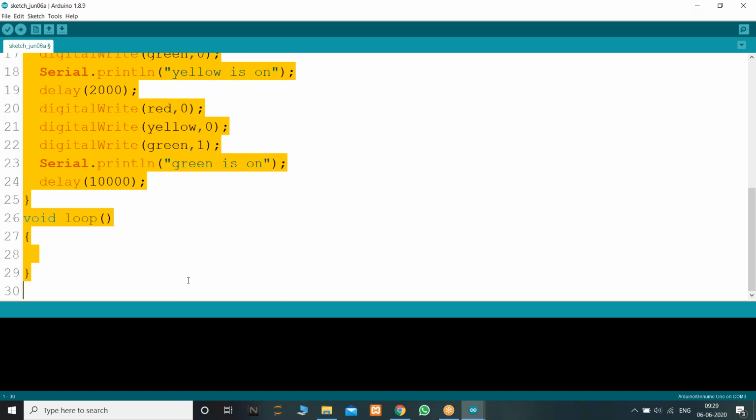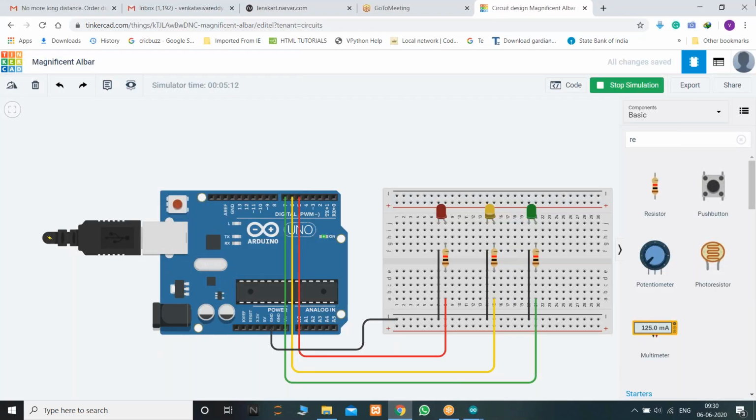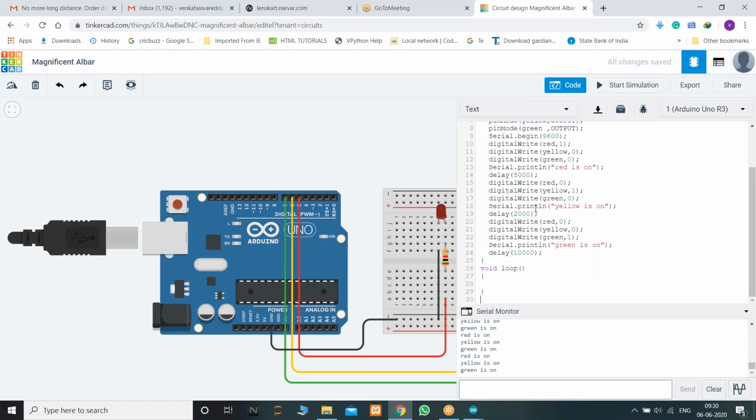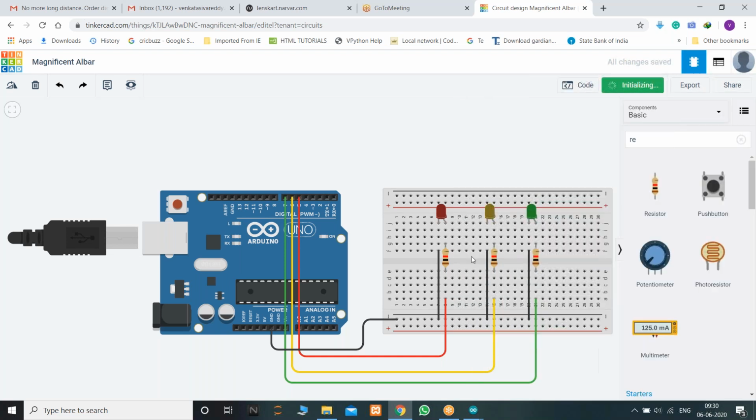So this will run only once. In the code, if I click on the simulation, it will only run one time. Red is on, and then yellow, and then green. The execution stops here. Am I clear?